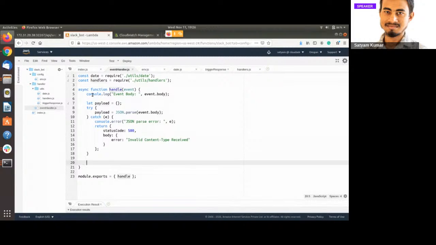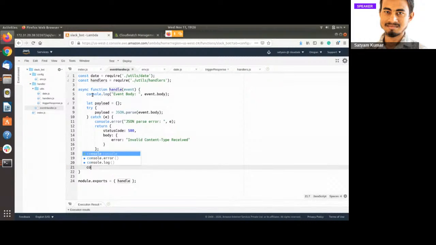So now, I have seen the structure of the request. That's why I am writing this, so I know exactly which attribute I need to extract to respond back to Slack, or to get the text whatever the user has asked in the chat box.